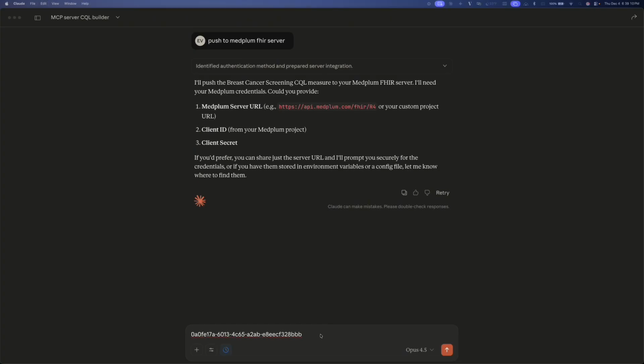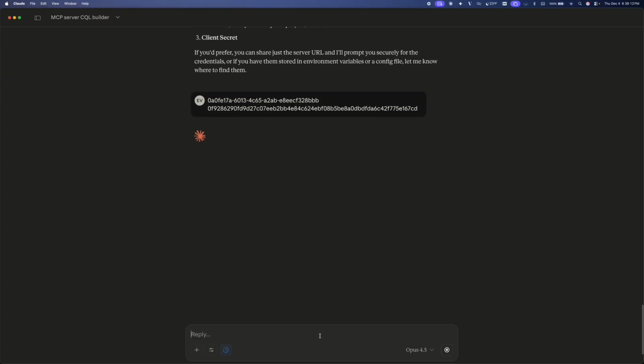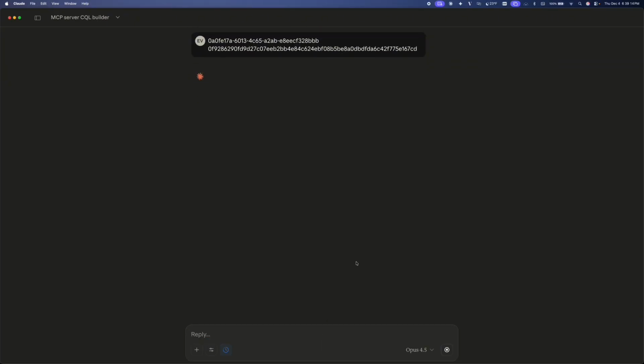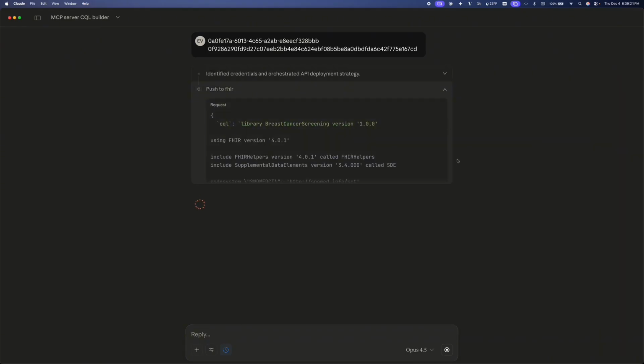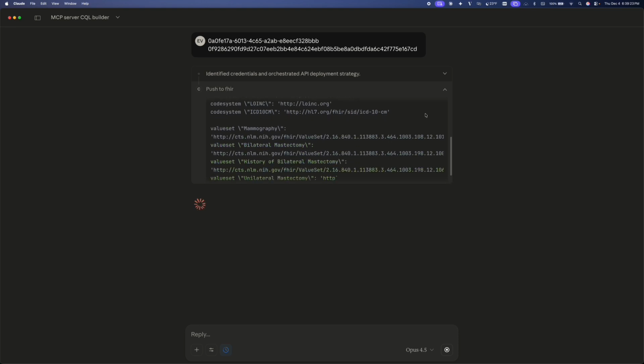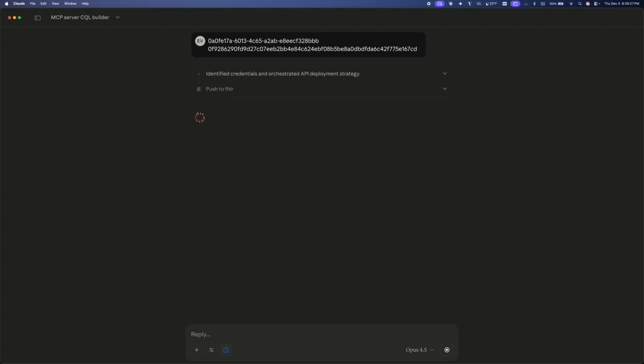And here's my ID and secret. And it's retrieving the CQL library.